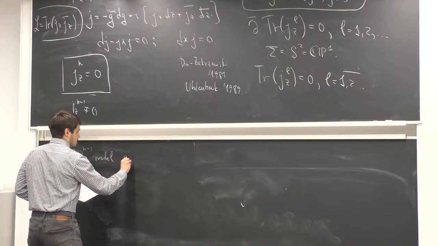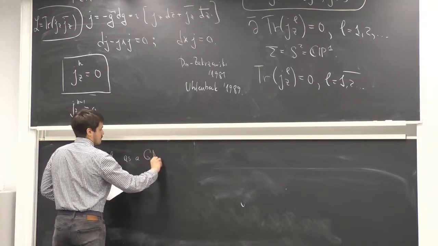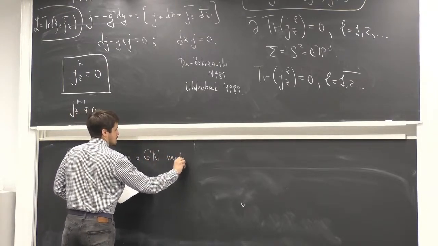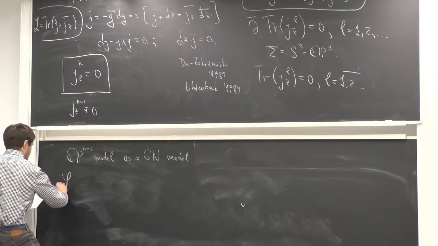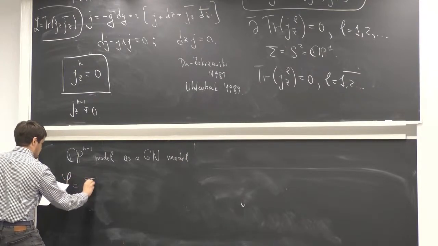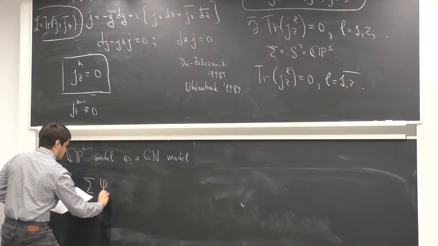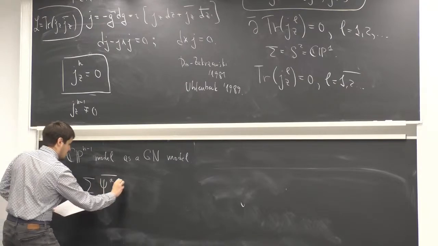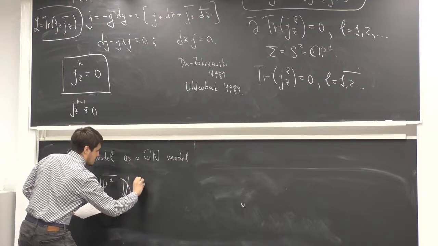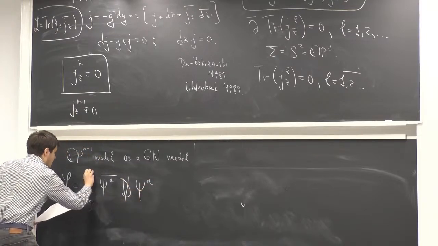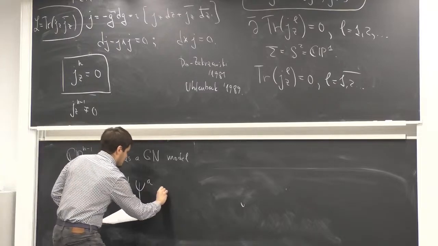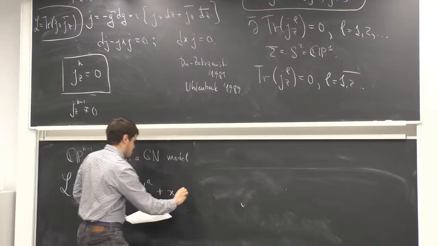I will write the following Lagrangian. So we have a Lagrangian, which is the sum of psi a bar, psi a, kappa,